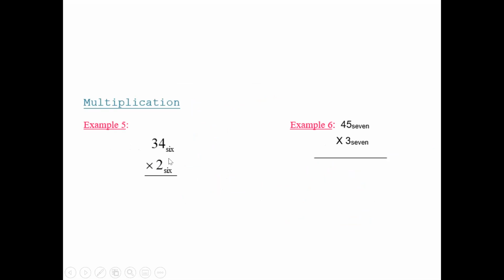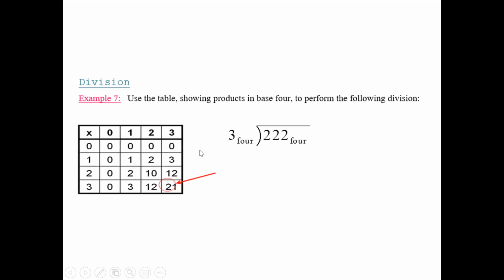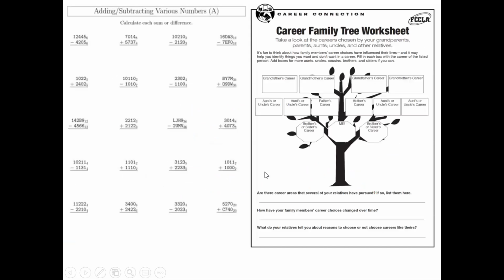I'm not going to go over multiplication with you guys today because I feel like that's enough. So next, what I want you guys to do is to take a look at this part here. Here you have a variety of adding and subtracting numbers. I want you guys to go ahead and practice with this. And then when you're done with this, go ahead and take a look over to the right side on your career family work tree. And you're going to list the careers that your family have had, and then answer the following question. This is going to get you guys prepped for your project for this